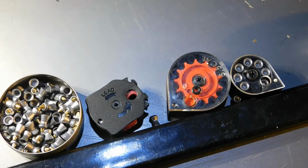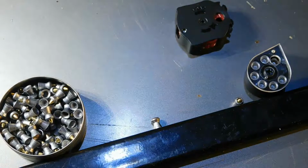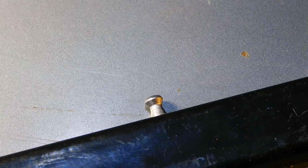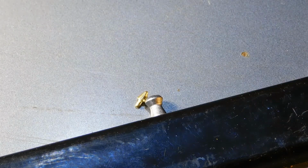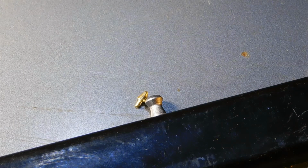Alright guys, let me see if I can find that piece. Alright guys, after just a little bit of scouring my floor, I did find the rogue missing piece there. This to me is appalling. I'm not going to drop the axe on these pellets yet, but I am going to see if